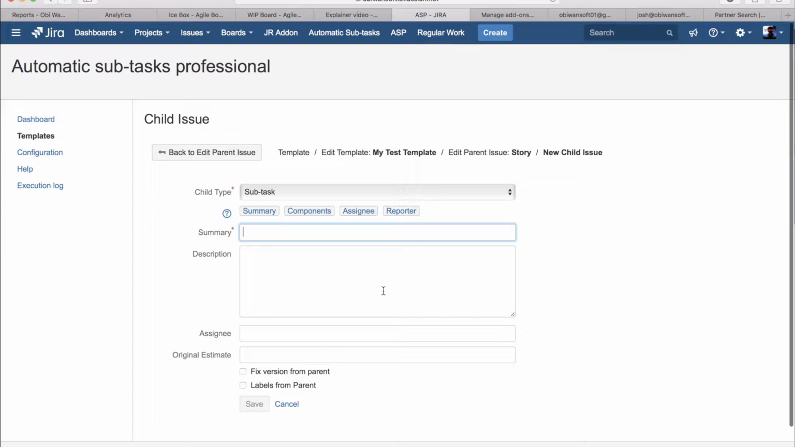So in the case of analysis, we can always say, take the summary from the parent and add analysis completed. You can do the same in the description field. So we can say assignee, or actually reporter is better, in case they didn't mark the assignee yet. So reporter,